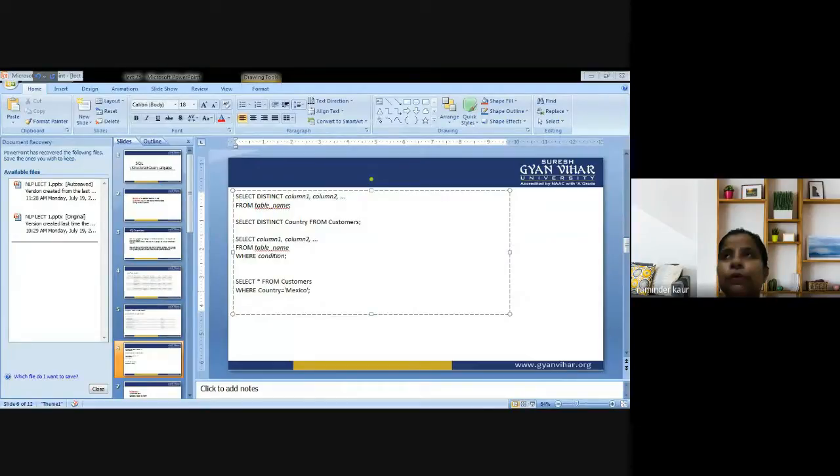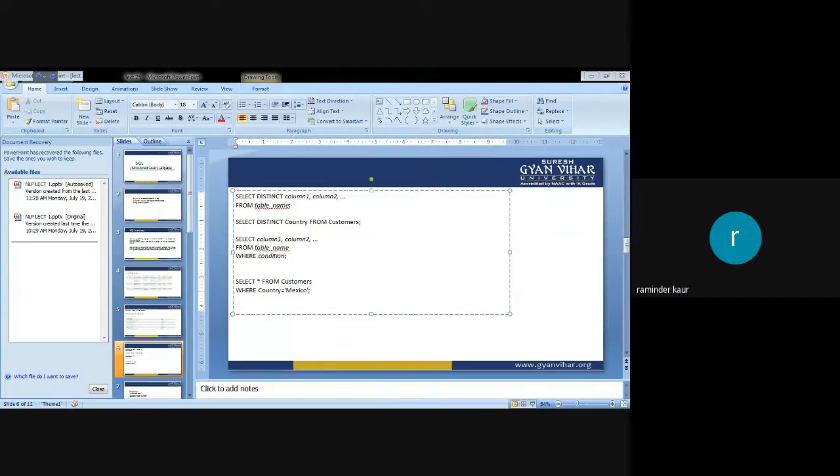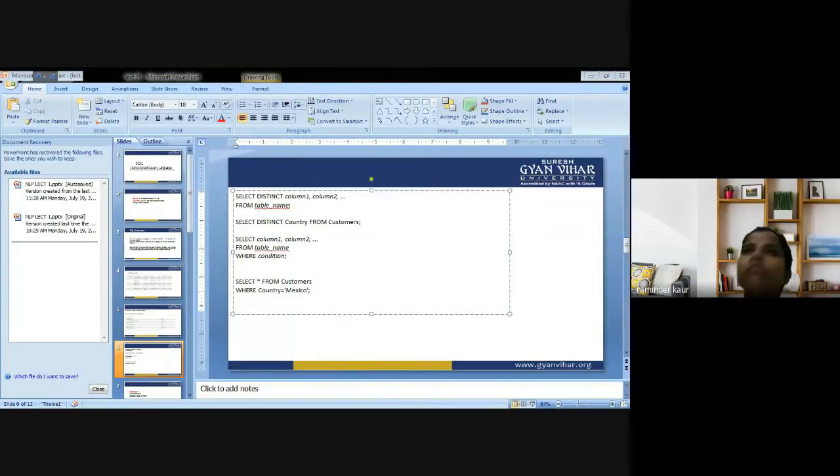Next is text fields versus numeric fields. Text, as the name implies, is a sequence of characters. Numeric is a sequence of numbers. SQL requires single quotations around text values. Again, notice the condition, whatever I am saying. Most database systems will also allow double quotations.